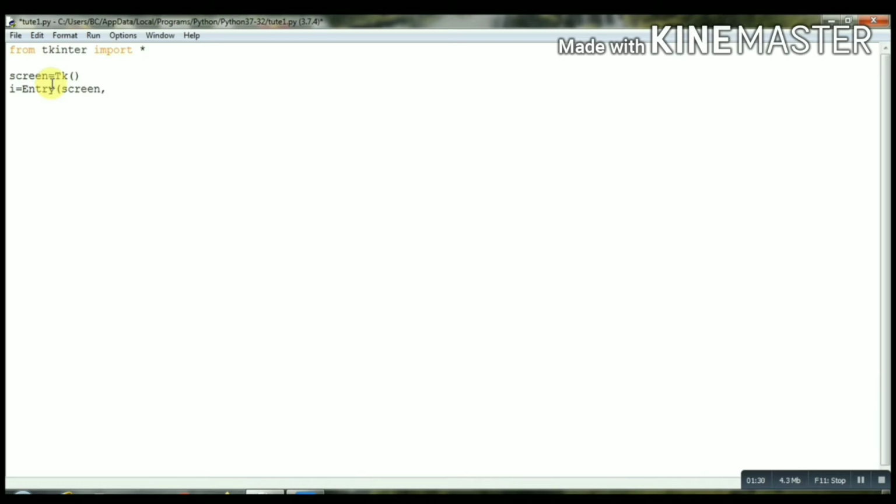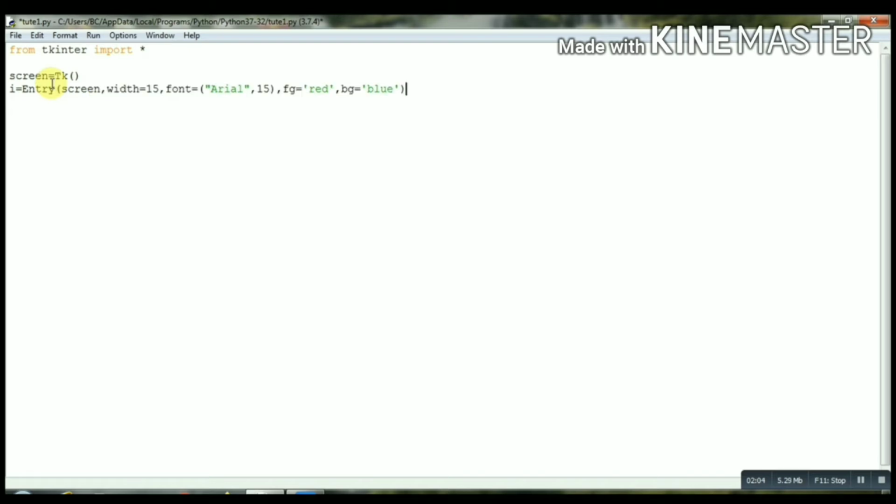Now we will write width, meaning we will decide the width of that widget. Let's make it 15. Now the font, we are setting the font of the text, that will be Arial, and the size let's make 15. After that we will give the foreground, meaning the foreground of the text, that will be red, and the background as blue.